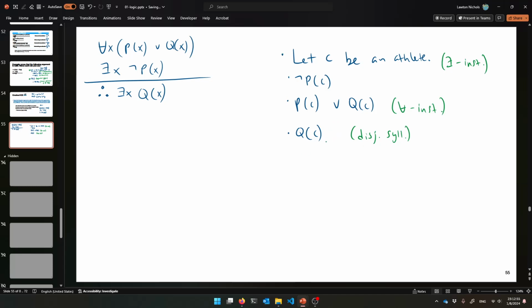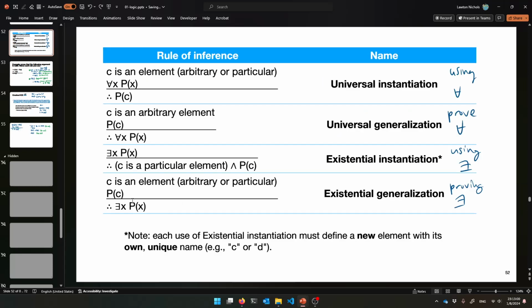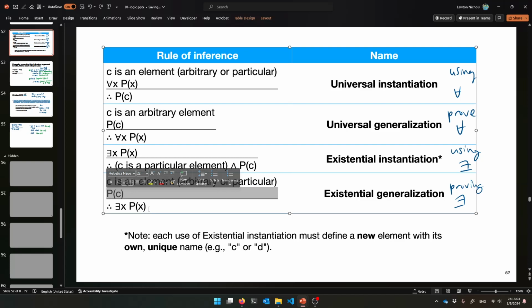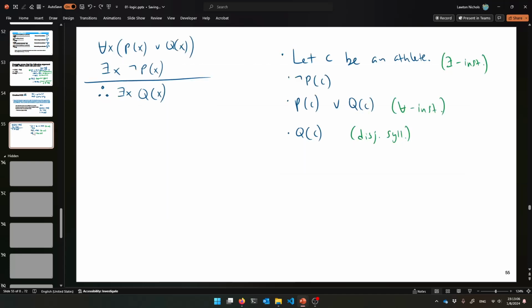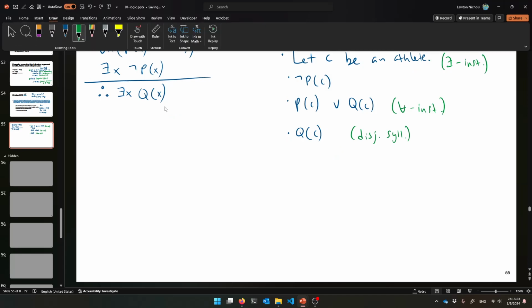All right. And now, from that, I can prove my there exists. Because, what do I need? I need some element of my domain. I need that Q is true for that element. And I have both of those. I have an element of my domain. I have that Q is true for that element. So I know that there exists some element such that Q is true for it. In particular, it was C. We kind of package up that it was C. We lose that fact. But we just need to know that there's one good one. We found our one good one. We're done. So therefore,